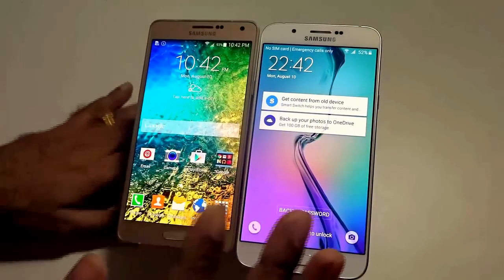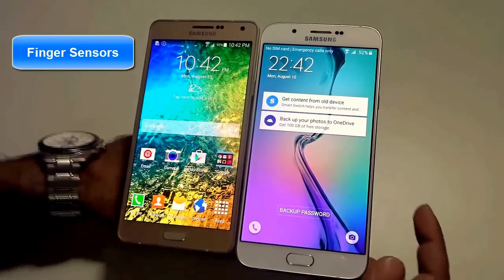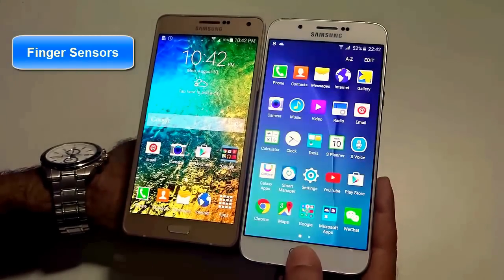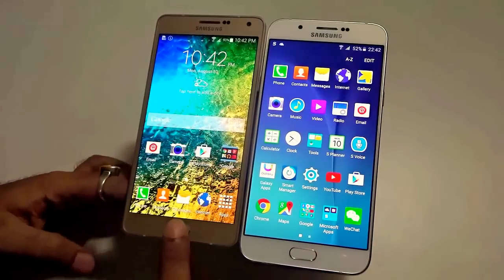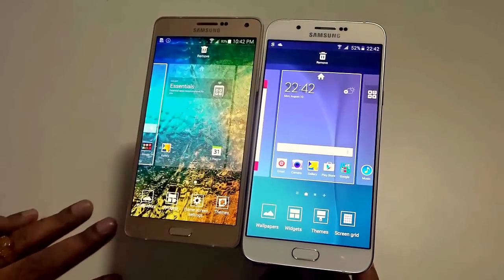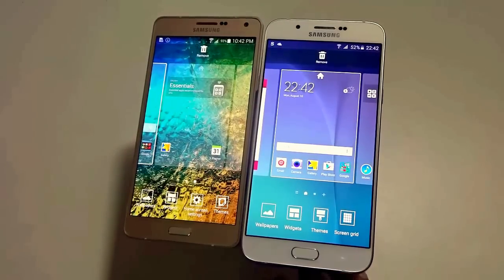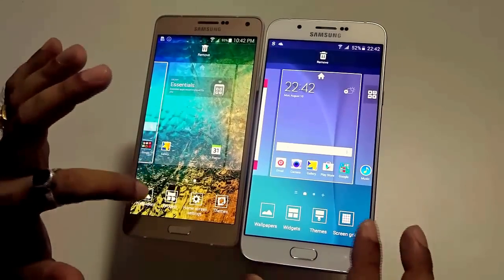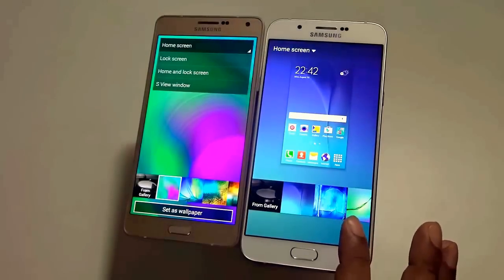The most trendy addition to Samsung Galaxy A8 is that it has the finger sensor. You can see that it works without fail and smoothly also. The finger sensor is missing in Samsung Galaxy A7. The usage of the widgets, the wallpapers, the home screen settings and the themes are pretty much similar for both the handsets. You can easily toggle between the wallpapers, the themes, the color schemes, etc.